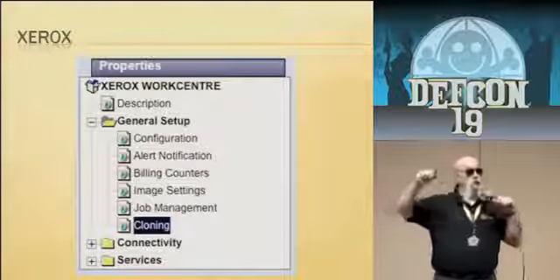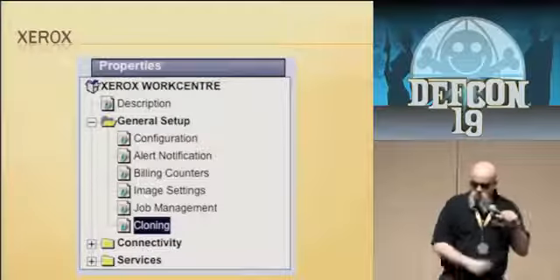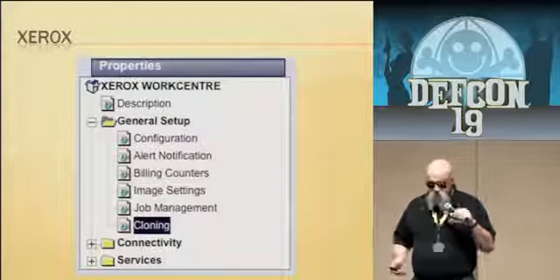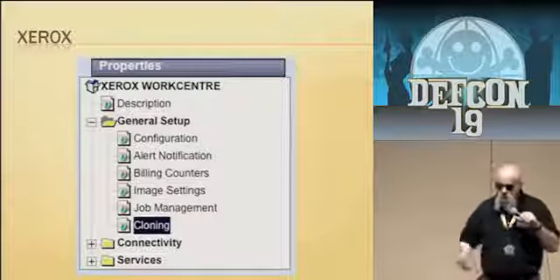I don't know if I heard it, but it's 1111. That seems to be the normal for the Workcentres. Username is admin. So we get to this, we go to the Xerox Workcentre, general setup under properties, go to